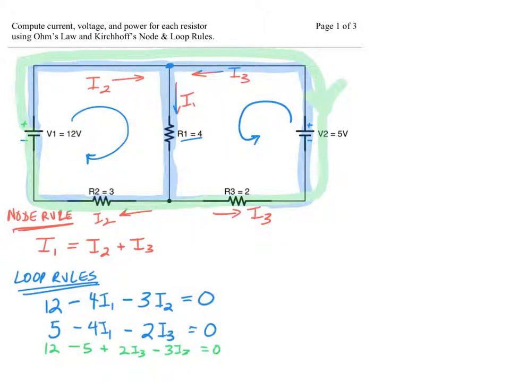That would be an equation that we could write, and we'd have 3 equations and 3 unknowns. We could get the currents out of that. That's a valid way to go. I'm not going to solve that one, but it's a valid way to go at the problem. And so let's